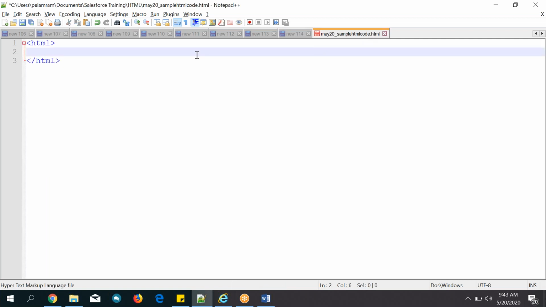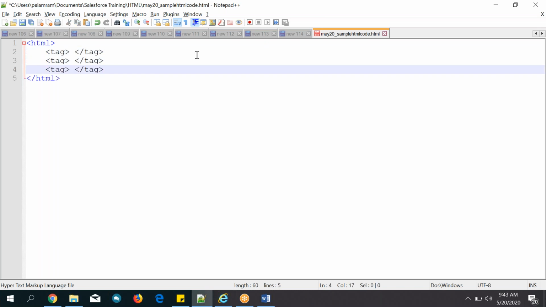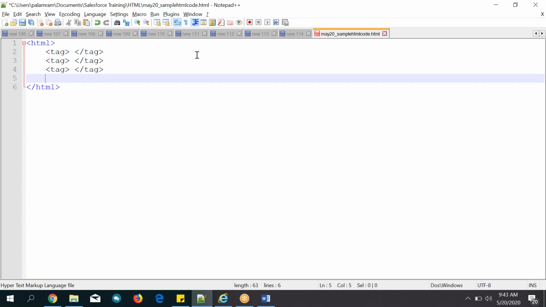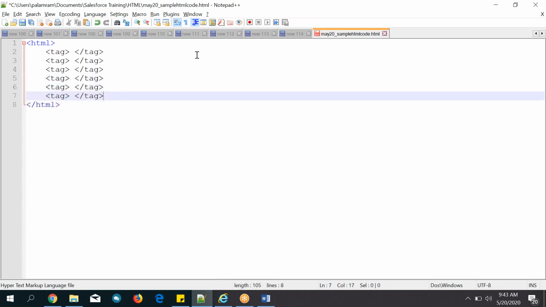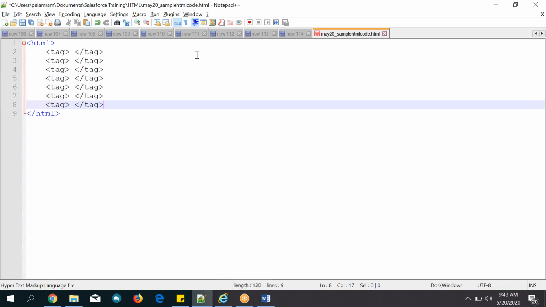So let's see here. Once you open a tag name, you can close the tag like this. So you can open and close. What I am trying to say is, in between the HTML tags you can write any tag. These are just any names of tags.